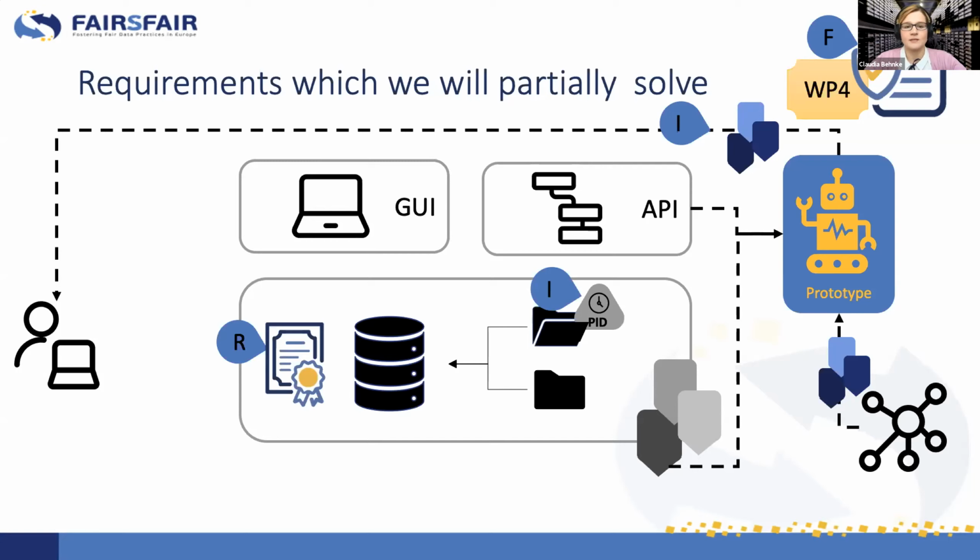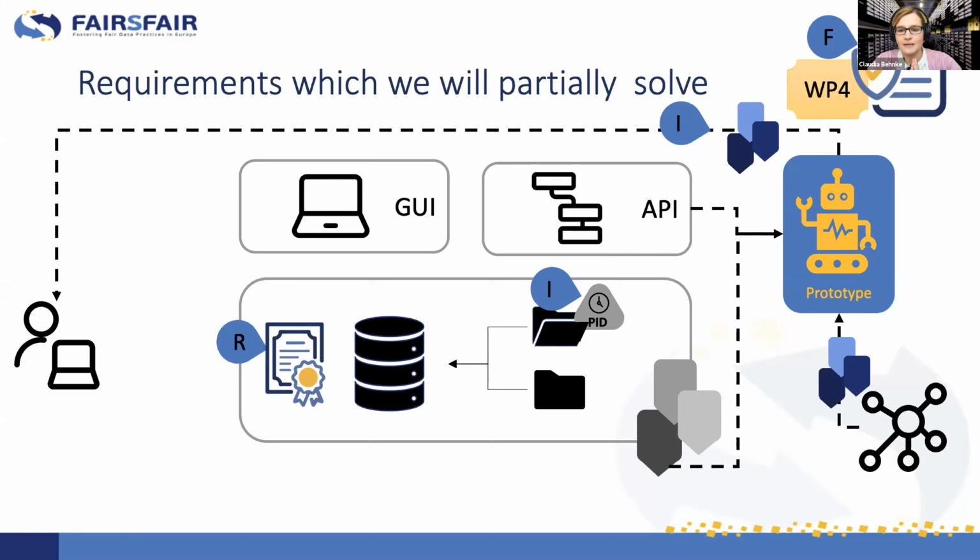The next requirement was that the persistent identifier should also be resolvable by machines, or that the metadata should be retrievable via the persistent identifier. And this is something that we can only partially solve, because we will not force a repository to use a particular persistent identifier. But if they use certain types of persistent identifiers, for example handles, then it's definitely possible, via the persistent identifier, to access and understand the metadata better, so to say.